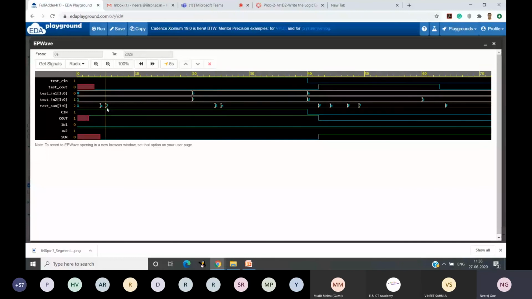So let us look at the other case. I'll try to define my inputs in binary so that we can see easily. Now at 20 nanoseconds, 20 units of time, we give the inputs 6 and 7. The output will become 14 plus the carry, because the carry is 1. You see the output we could see only at 25 units of time. So that means it took some 5 units of time here.